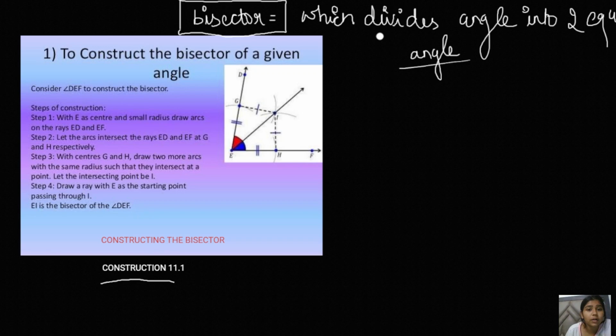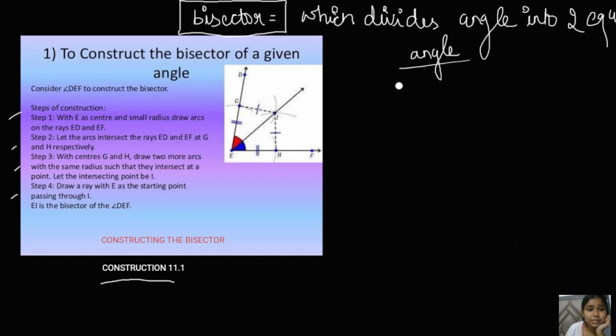So basically how can we form a bisector? Here are some steps of construction written on the left side. In exams, these steps of construction need to be mentioned, but it entirely depends on your teacher whether you have to write these steps or not. I suggest you write them, they are very helpful to know what shape you have been drawing.